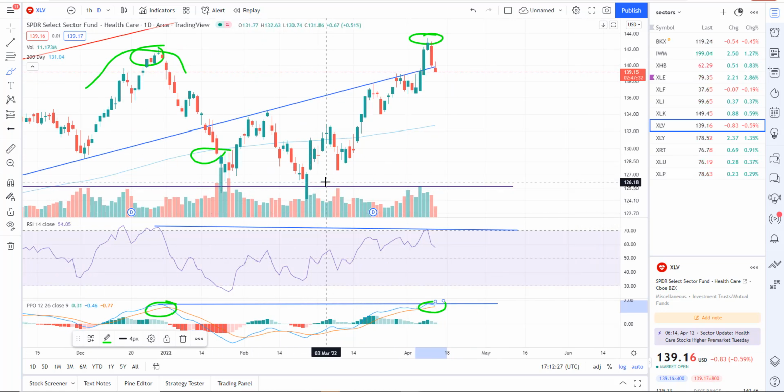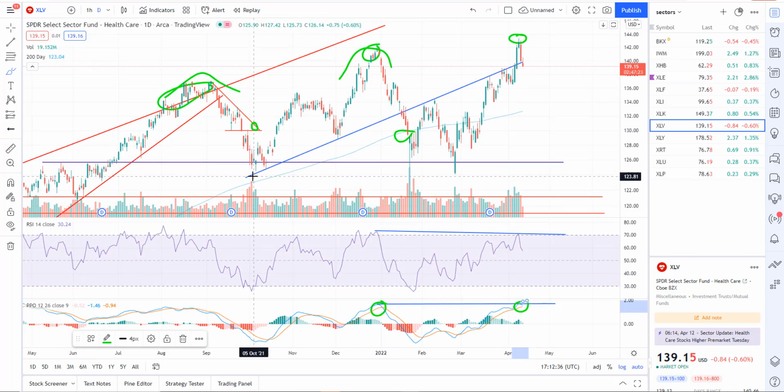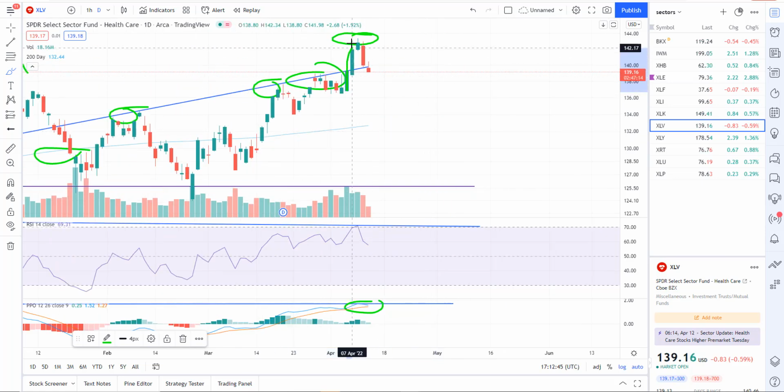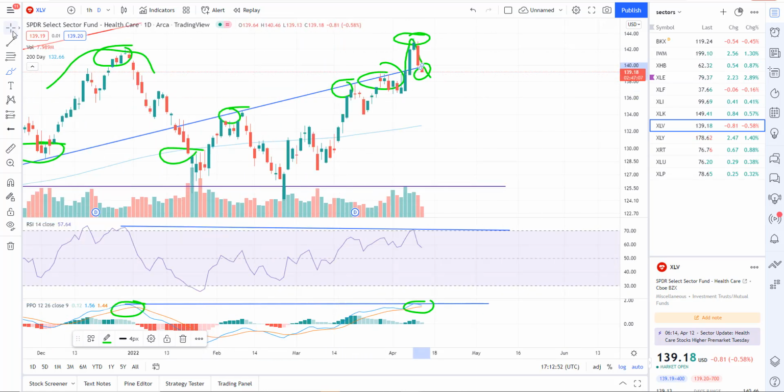Doesn't mean that we have a complete sell signal, but there definitely is a setup here for a downside move in XLV. Also, we've got this trend line that I'd been watching right here where we had some support. We hit it again from support, and then it was resistance, resistance, resistance. Little pop breakout with a divergent high, and we failed, and we're back below that resistance line right there. So I see some bearish price action. This looks like a bearish chart to me. So I'm looking for more downside in XLV.